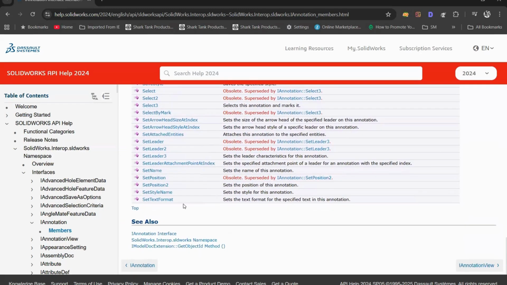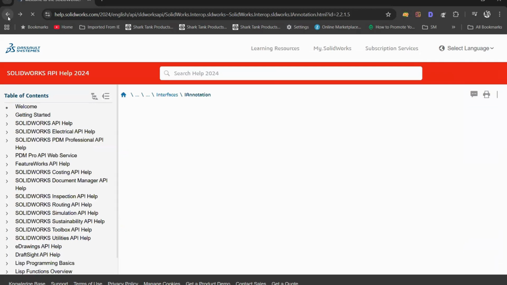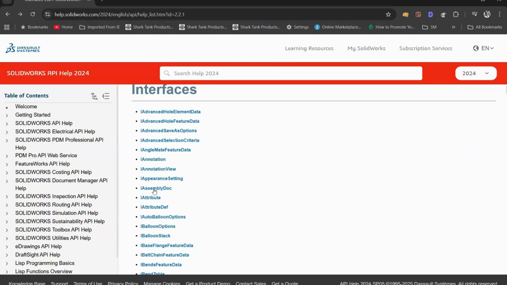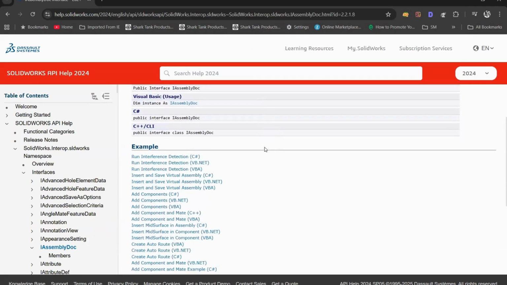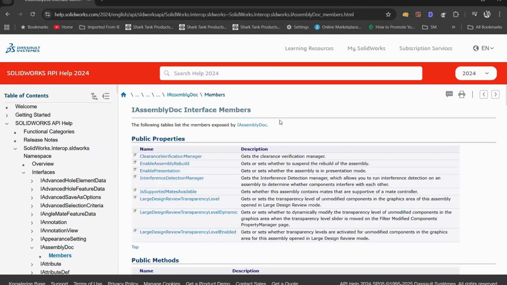These kind of things are the methods. Another example is, let's take this iAssembly doc. This iAssembly doc allows access to functions to perform the assembly operations. Then if I go and look for the members, iAssembly doc members, then similarly to how we saw for the iAnnotation